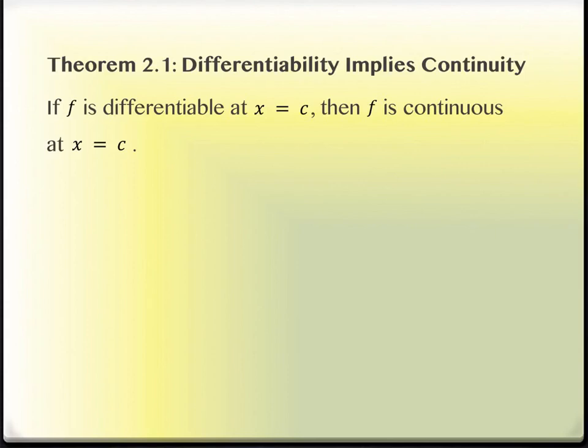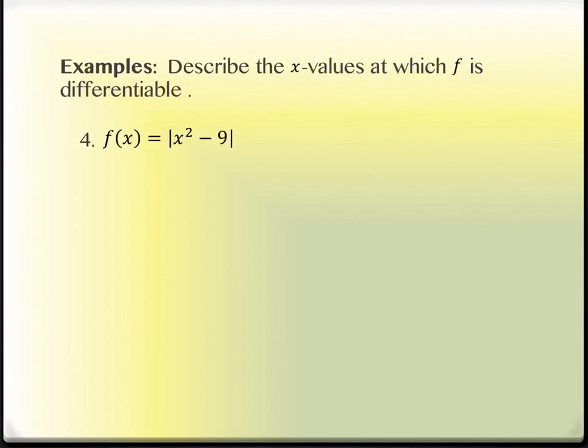So I'm going to do one real quick example. And if you don't know how to graph this on your calculator, it's okay. You can come and see me if you have a problem with it, or you can go to the Success Center. They can help you do the graphing for it. This is a really good example of an equation where it's continuous the whole time, but it doesn't have all the derivatives that we would like. So I'm going to sketch the graph so you can see what it looks like, because it's an interesting graph. If you had just the graph of x squared minus 9 without the absolute values, you would know what